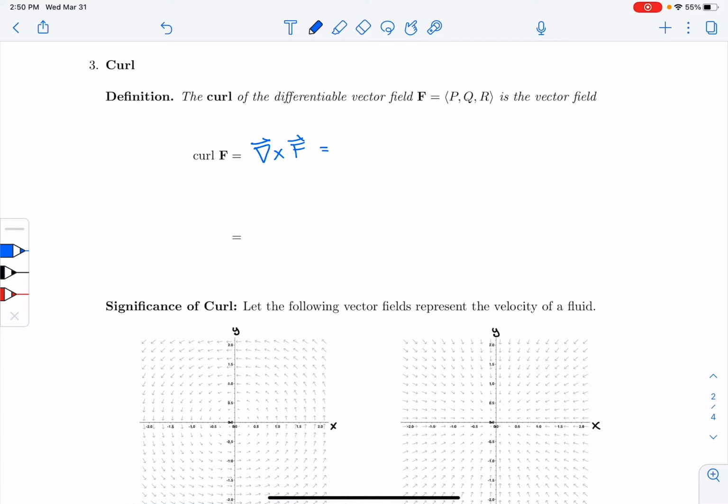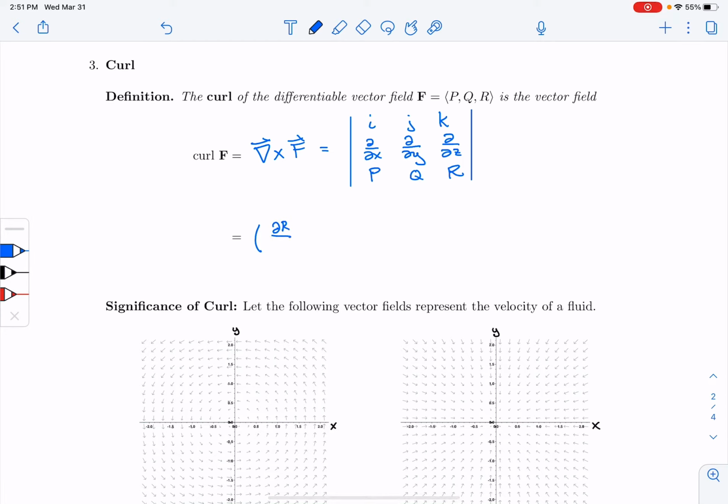So here I'm going to take the cross product of two vectors. The first is the del operator. So it's d/dx, d/dy, and d/dz. And then the second is the vector field P, Q, R. So if I want to take that cross product, I should get